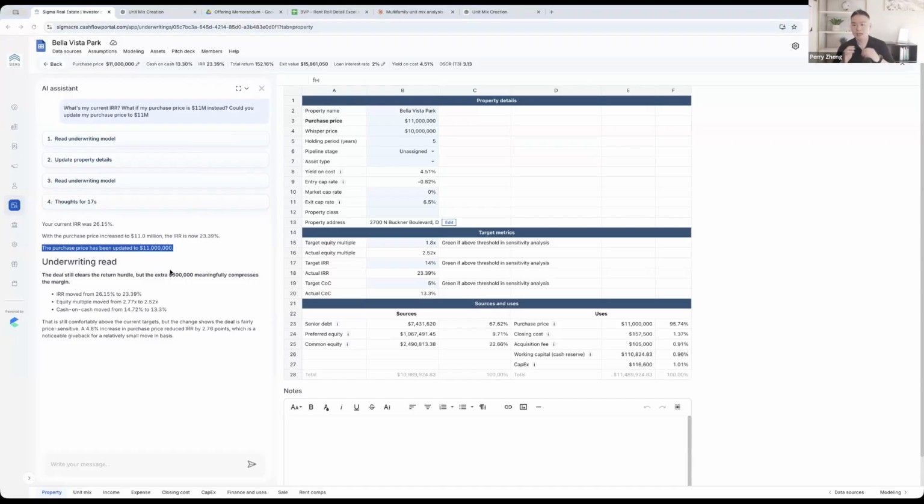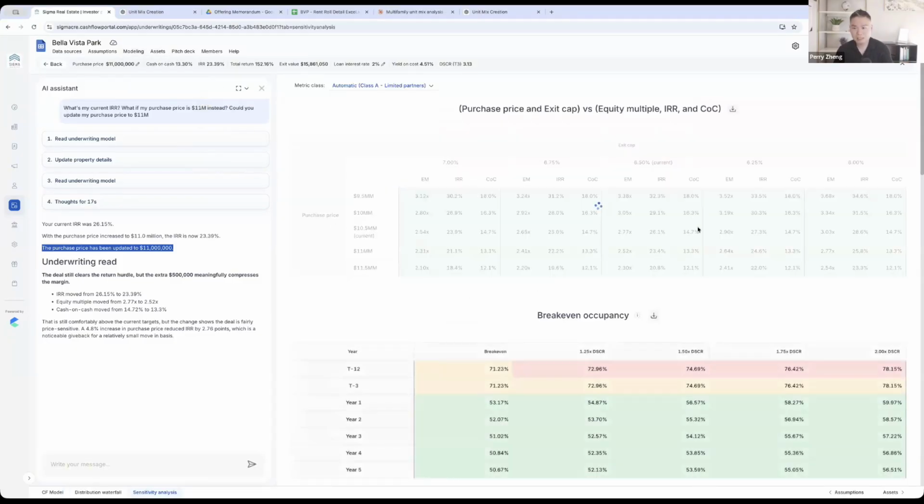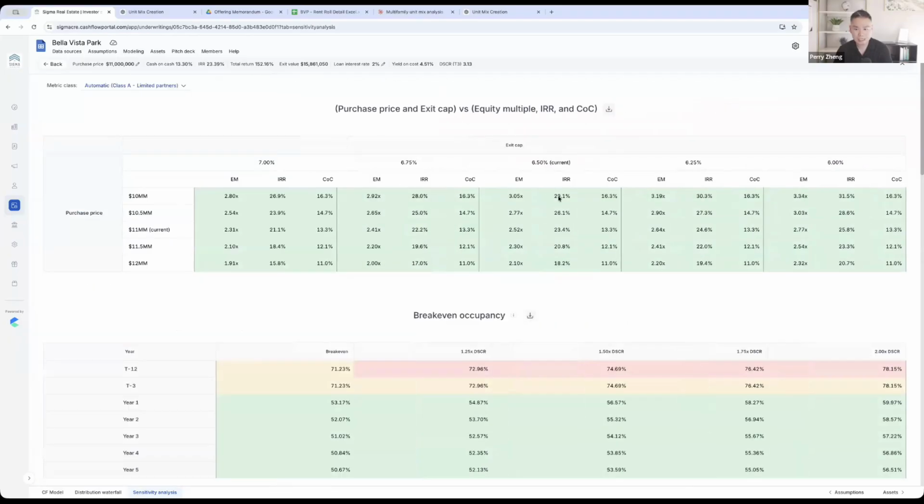Now you say, why is this better, quote unquote, if OpenAI already connects with my spreadsheet, if Claude already connects with my spreadsheet, why is this better? Well, it's better because this sensitivity analysis, let me give you an example, is actually mathematically calculated.